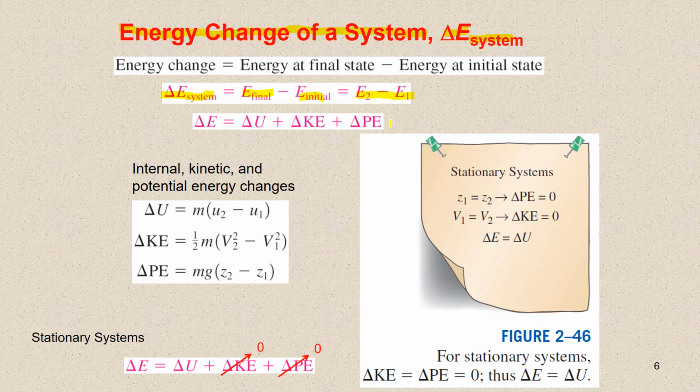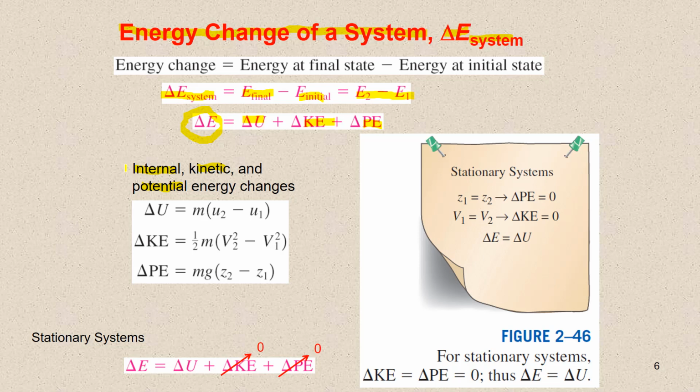Also, energy can exist in numerous forms such as internal, which is a combination of sensible, latent, chemical and nuclear energy, or kinetic, potential, electrical and magnetic energy, and their sum constitutes the total energy, capital E, of a system. In the absence of electric, magnetic and surface tension effects, that is, for simple compressible systems,